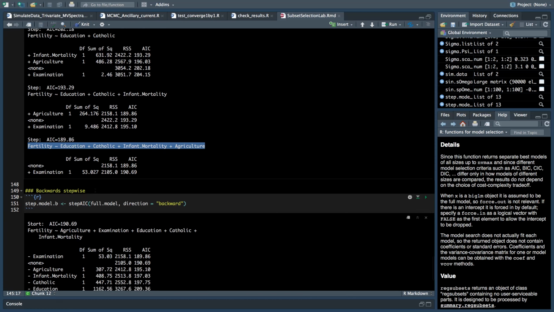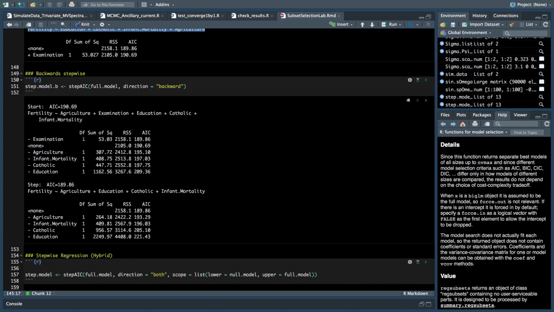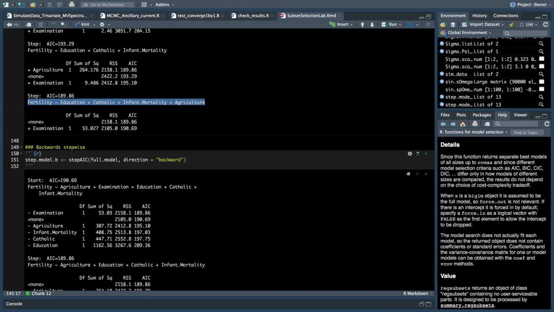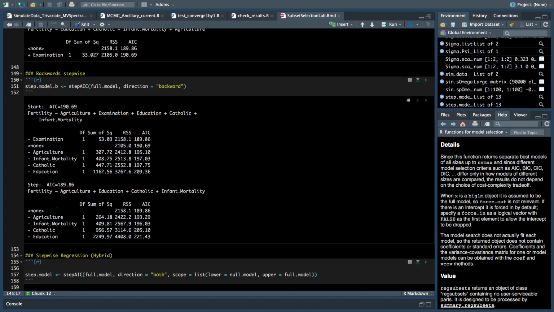Okay, and backward stepwise is just similar, and you can tell it takes fewer steps, and we actually end up with the same recommended model. Oh no, sorry. Agriculture, education, yeah, they are the same, but they are not in the same order as this one. Okay, but the same model. Okay, and